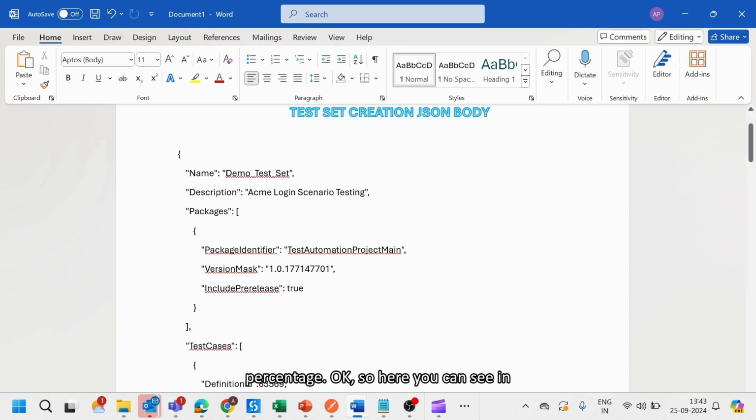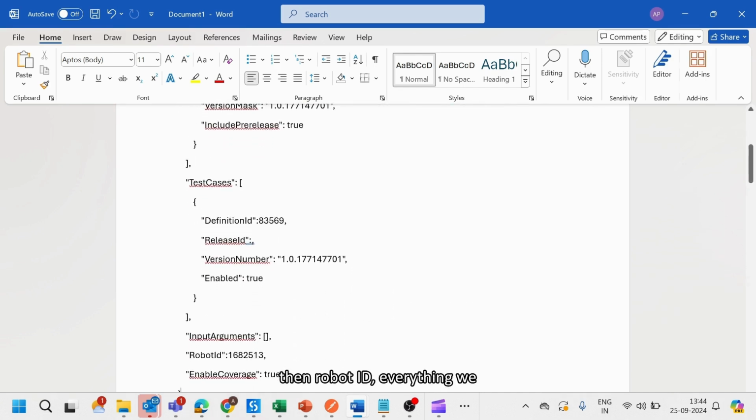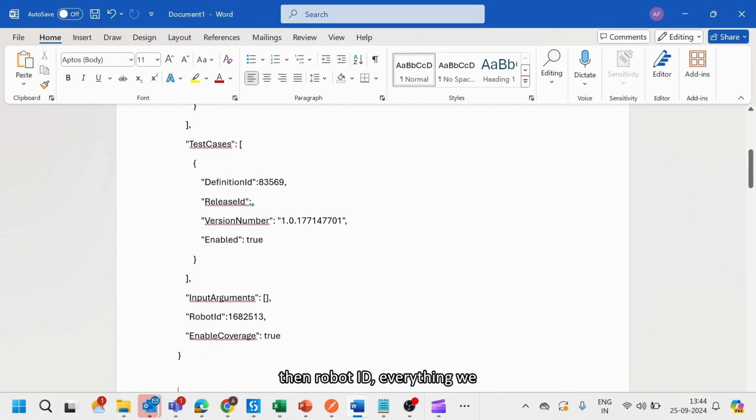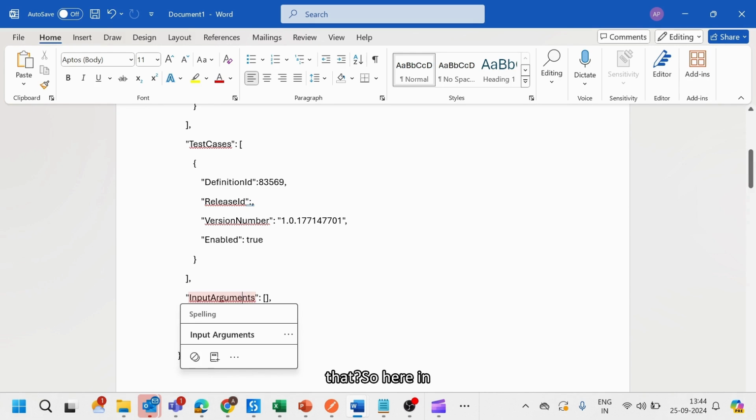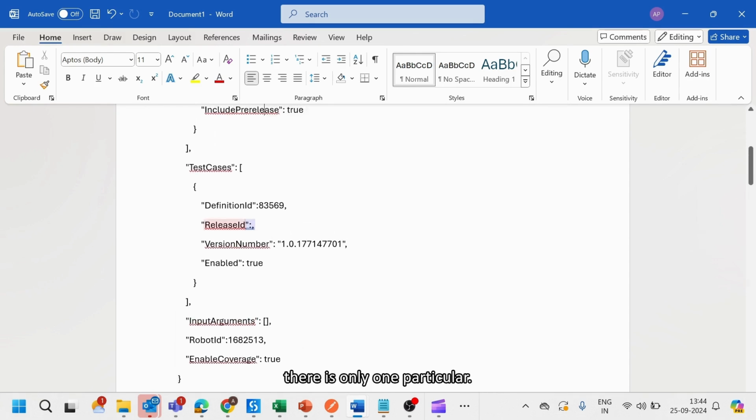Okay, so here you can see in our previous session, we covered how to pass the name, descriptions, package details, then versions, then test case definition IDs, version numbers, then robot ID, everything we learned, right? I gave brief information about where we will get this information, then how to configure that, right? So in our previous session, I clearly mentioned there is only one particular